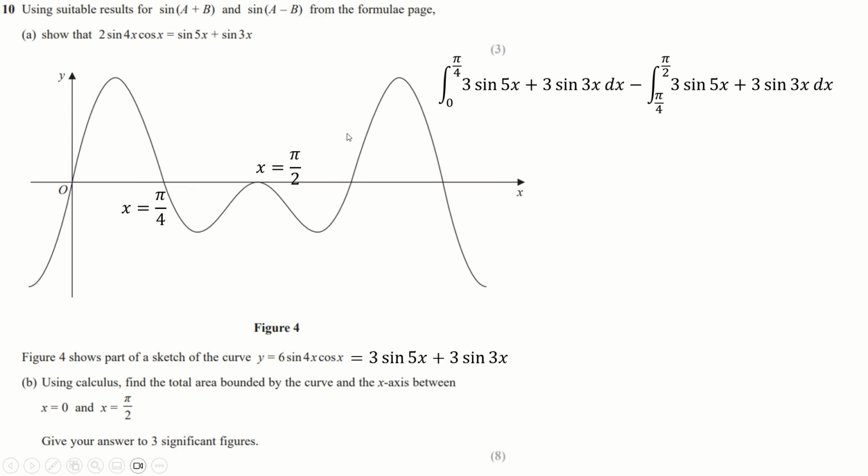So this is the integral for this area, and this is the integral for this area, sorry, this one here, which I know is going to be a negative number. So if I just take it away, the two negatives will cancel, and it's as if I'm adding this area in. So this is the shorthand way of doing it. Of course, now we can just integrate, really not too hard. Sine integrates to negative cos, divide by 5, of course, because of this 5 here,